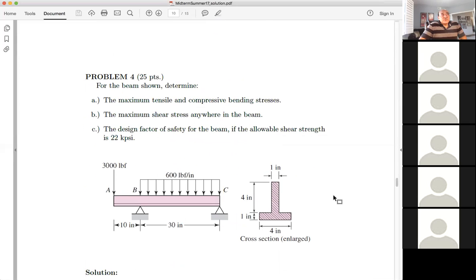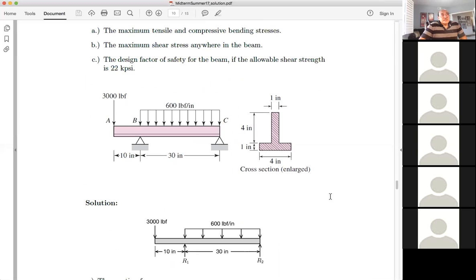Now problem 4 is representative of some kind of distribution of loading on a beam of somewhat general cross-section. And the designer is asked to determine the factor of safety against failure, which means it's going to go through steps. Step 1 is figuring out